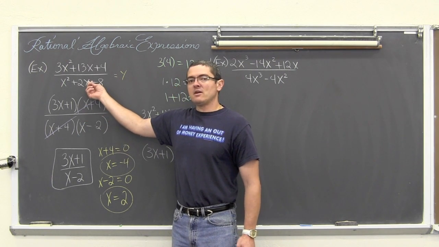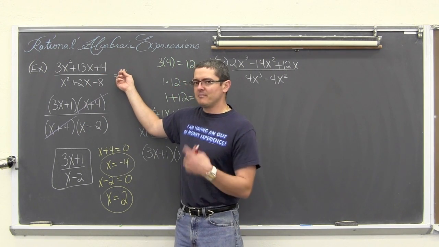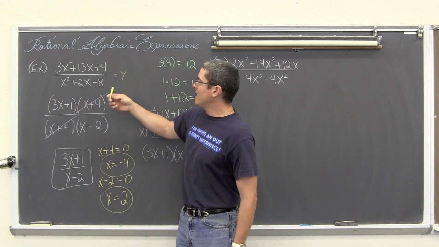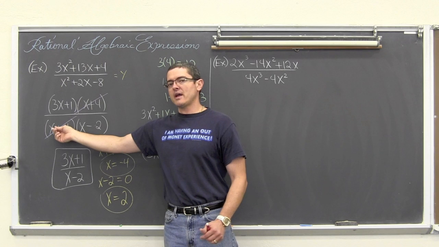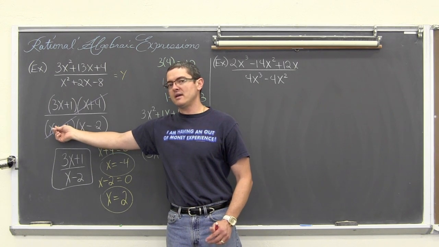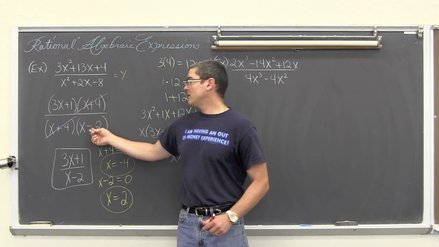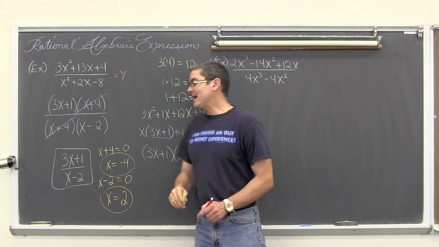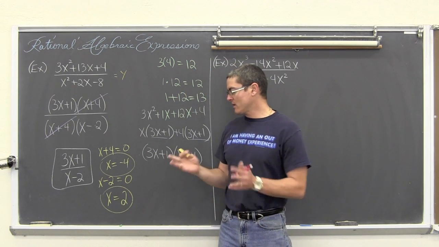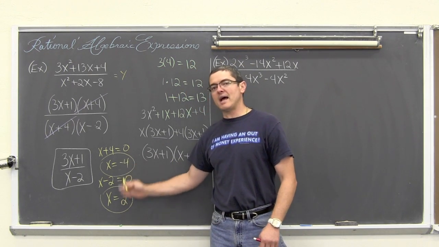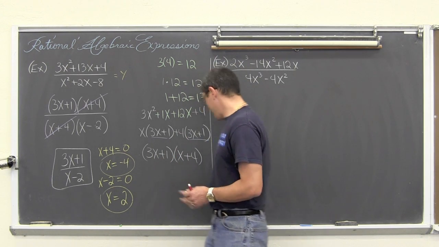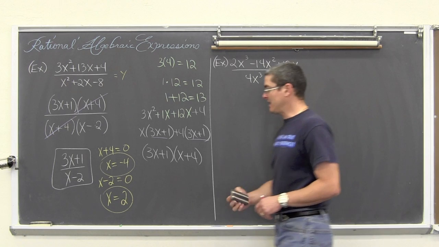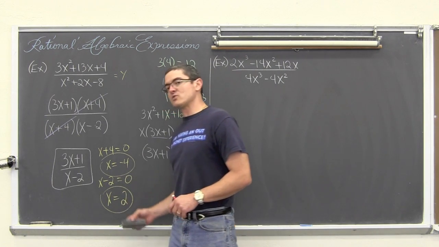So graphing, if you were to try and graph this, probably beyond where you're at in math right now, then you would have something called a hole at the x value of negative 4, and you have a vertical asymptote at x equals 2. I don't want to go into teaching that, but this would have an application in graphing. Now, as far as just plain algebra is concerned, if that's what you're studying, then this is going to be the restrictions on our domain.